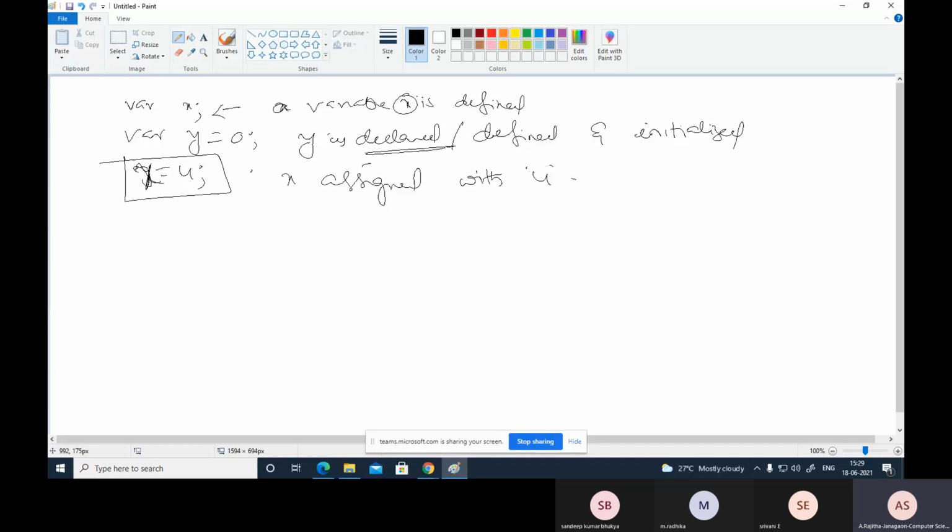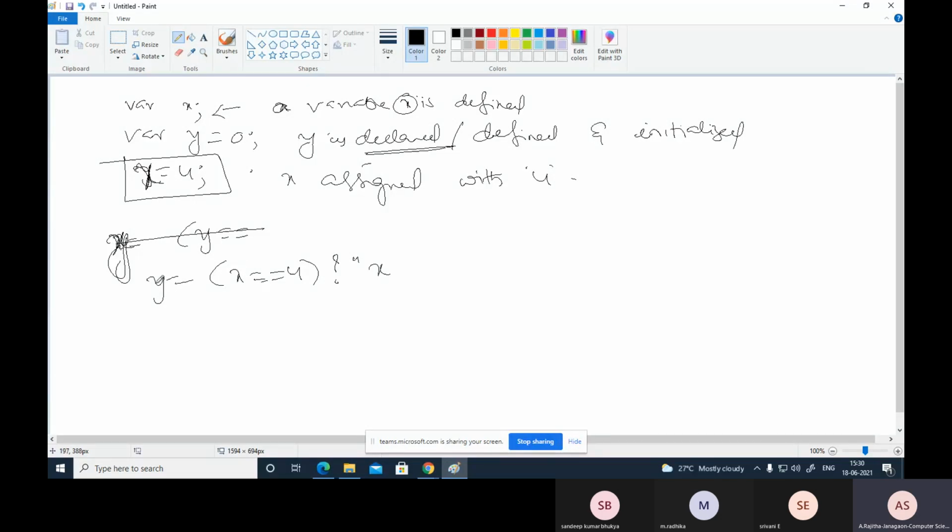Okay. So this is what the declaration. That means this is declaration time. This is just assignment, and sometimes runtime. So runtime in the sense, for example, we know the ternary operator, that is y equal to, for example, suppose here I am assigning y equal to x equal to 4, then x equal to 4 is assigned into y.